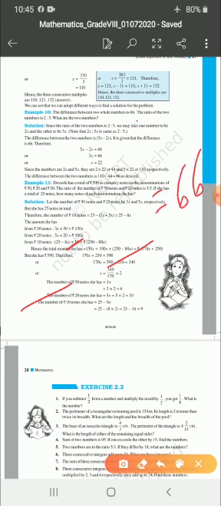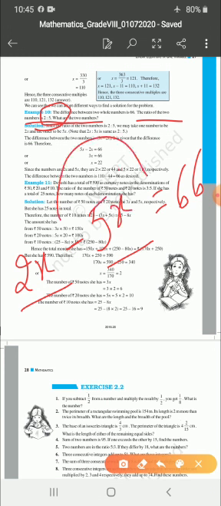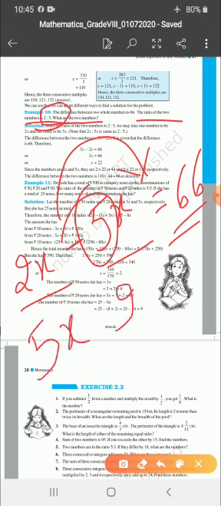Okay, what is the next thing he has given? The ratio of the two numbers is 2:5. Always when he gives you a ratio form, and you want to find the number, you just take any variable with it, like 2:5, so 2x and 5x you can take. Now I need to get minus as the answer. Why? Because the greater number has the minus symbol, but he has given a positive number like 66. So it should be 5x and 2x. 5x minus 2x is equal to 66.